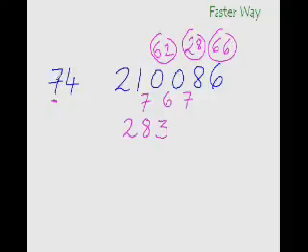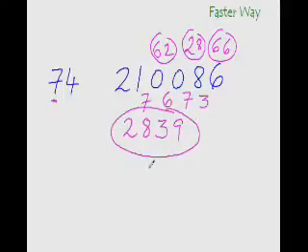So 7 how many times is 66? 7 9 times is 63. So I'll write 9 here, and our remainder is 3. And our next dividend would be 36 minus 4 times 9, that is 36. So 36 minus 36 is 0. So we get a 0 dividend, and that means the answer that we have got so far is the complete answer. So the answer is 2839.